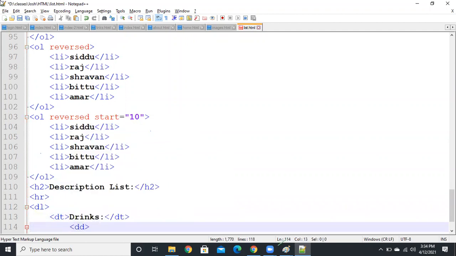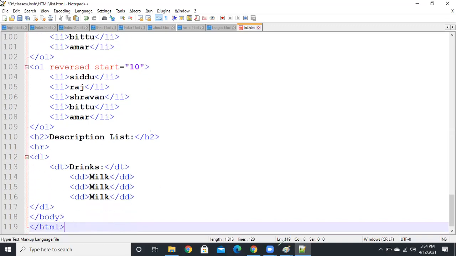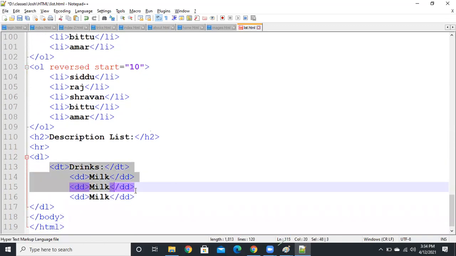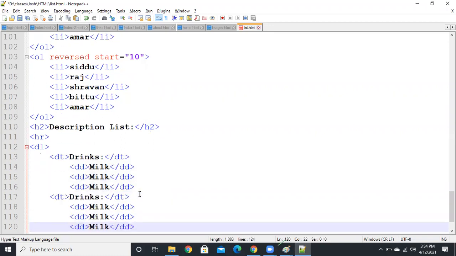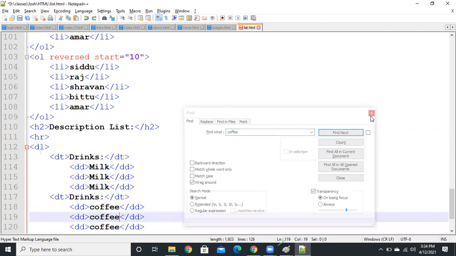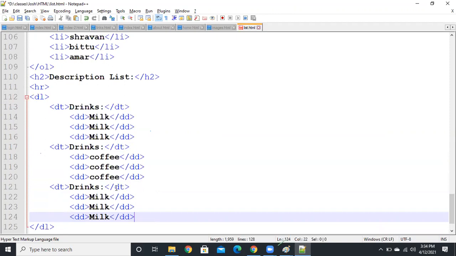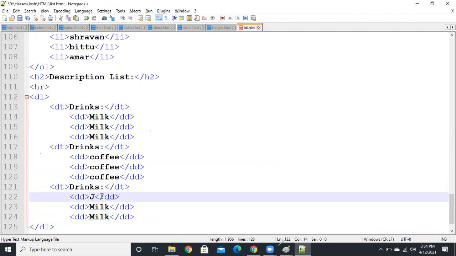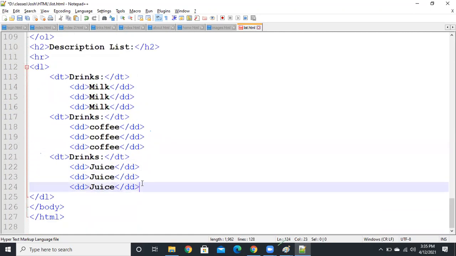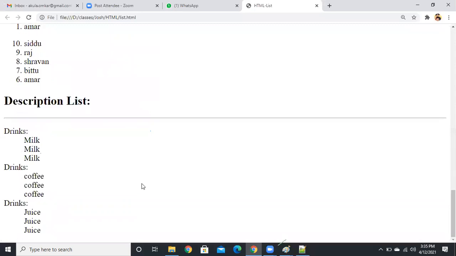We have a DD, description data. That is the DL.